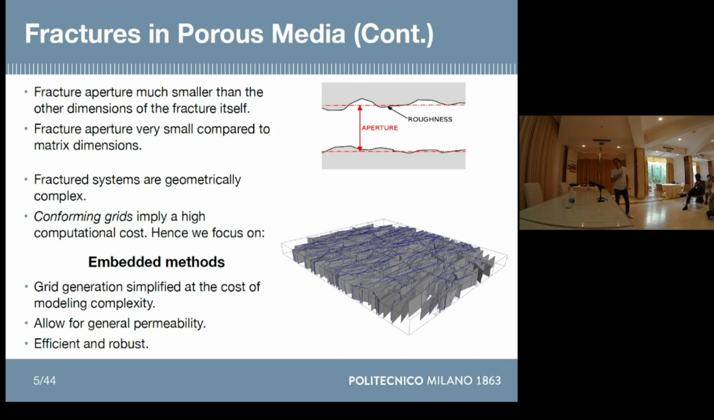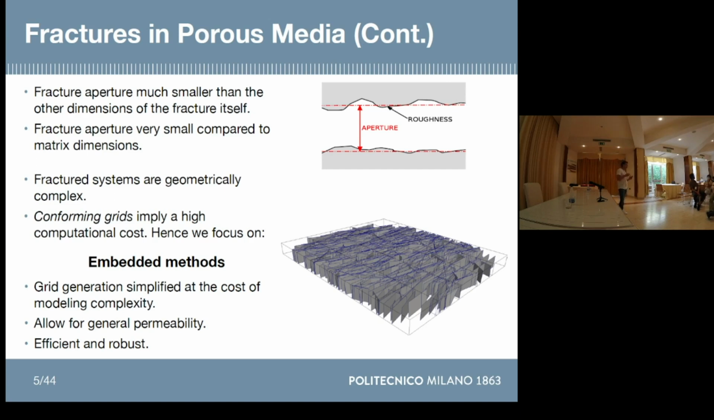Typically, what is easy to do is performing simulation with so-called conforming grids, meaning that the elements of the grid are conforming to the fracture surfaces. So the edges or the faces of the cells will coincide with the fracture surfaces. Obviously, this means a high number of cells in the mesh, and so a high computational cost of the overall procedure. And so what I do in my work is focus on the so-called embedded methods,